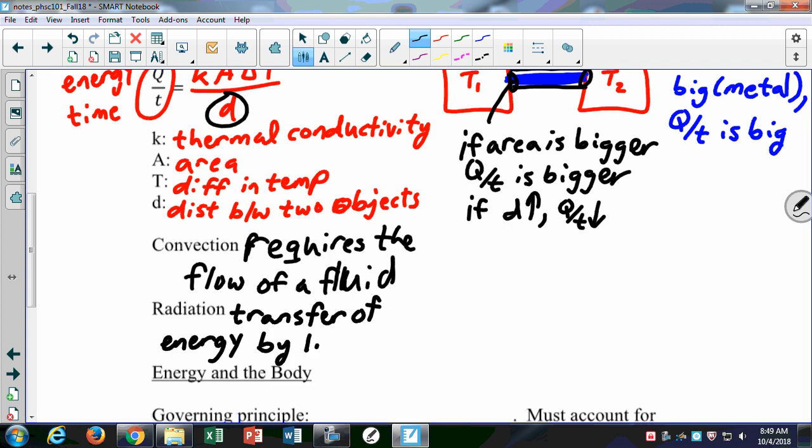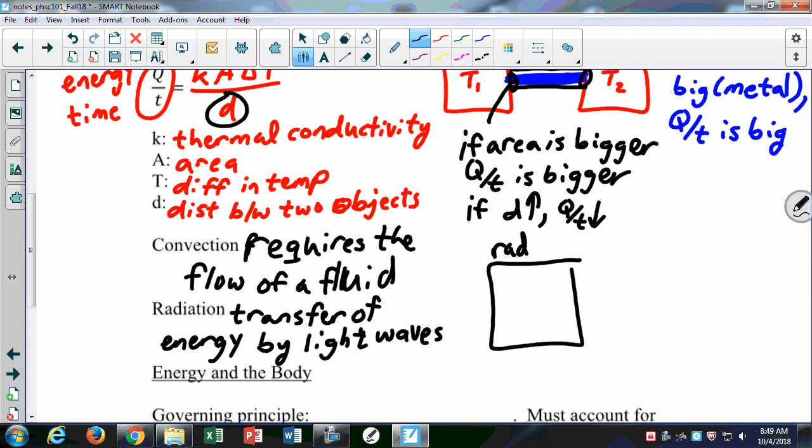We'll have a whole chapter on light waves, and we'll talk more about these after our test. But a radiation oven just has a heating element at the bottom, and it puts out infrared radiation, and it cooks your food. A convection oven